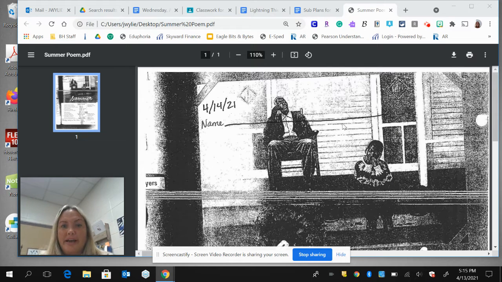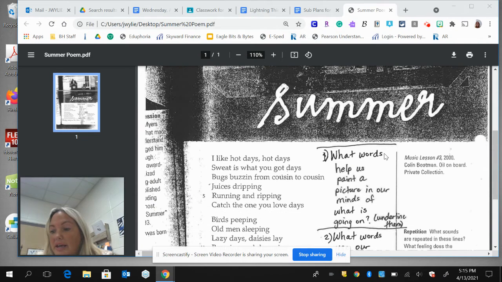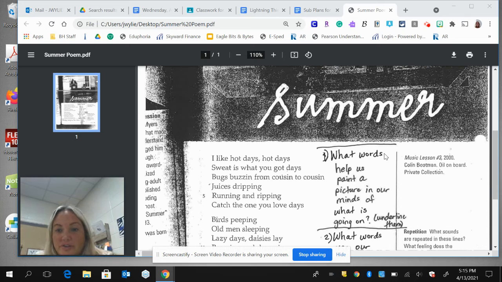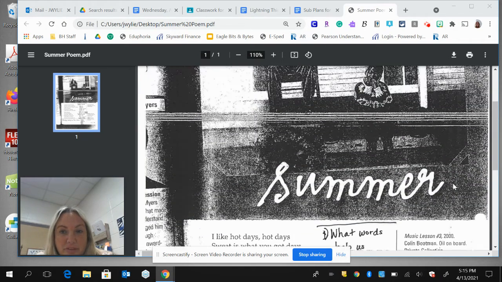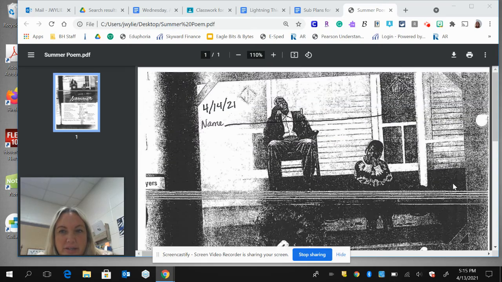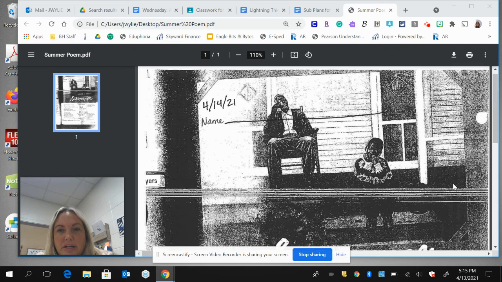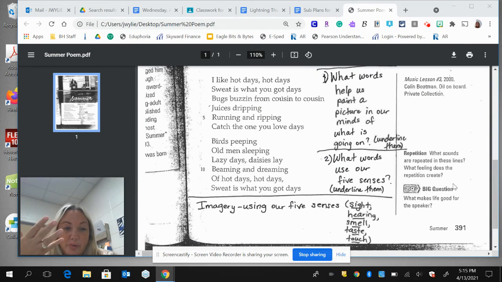So I'm going to read this out loud, and you also have a hard copy. Again, it looks like this, and it has the same directions that are here on the screen. It's a short poem. It's called Summer. Okay, and there's the picture. I know it's kind of blurry and such, but you kind of get the idea of someone sitting on a porch. And now I'm going to read the poem. When I read the poem, we're not going to do all the steps on this poem. You will on the next poem.